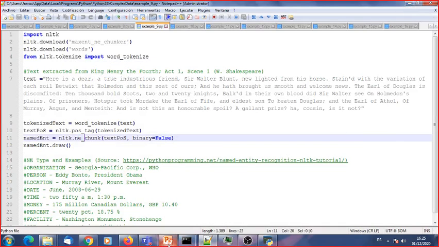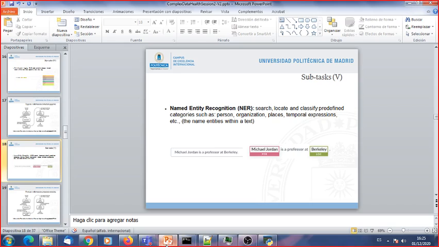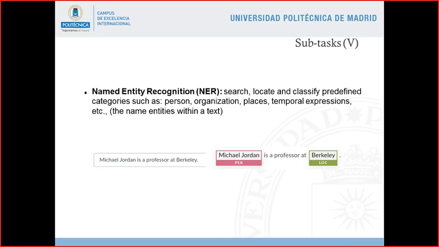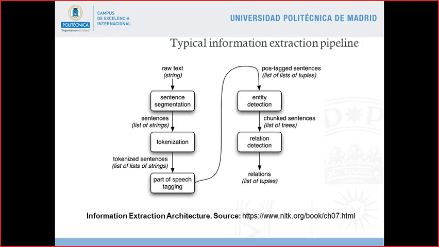So at the end, it's also to tag with a special category the entities that are located in the text. Okay. And finally, once we have the entity detection, as you can see in the interface, you have a tree, but you can have a list of trees if the text is greater, if you have more text.